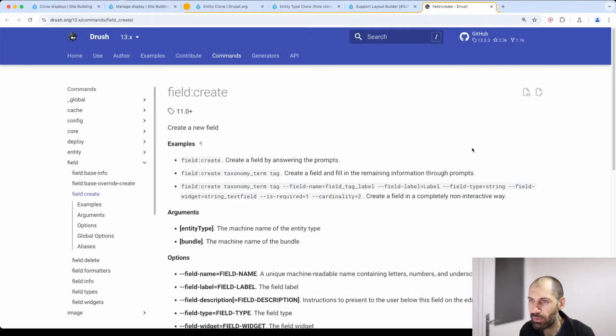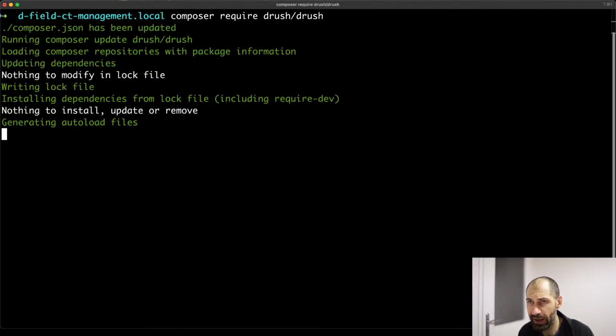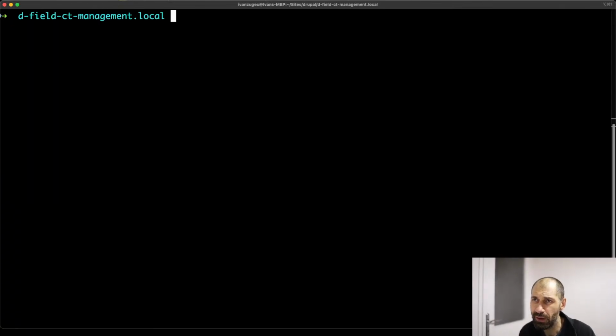Now, the final bit of functionality we're going to take a look at today is a Drush command. If you download Drush, and you should have it on your site, you can do so by running Composer require drush. It's going to go ahead and download Drush. I've already downloaded it, so nothing's going to happen. And then if I go into bin, Drush,